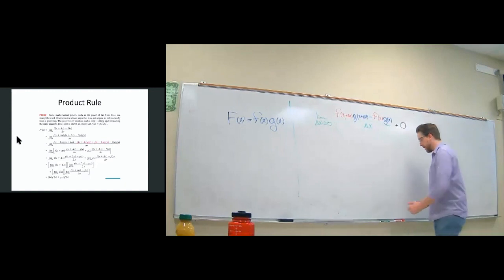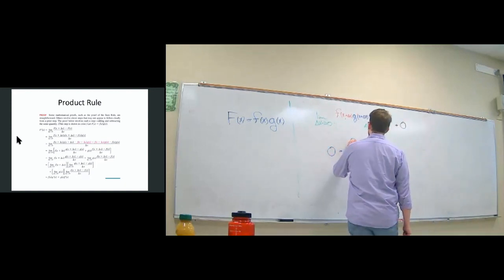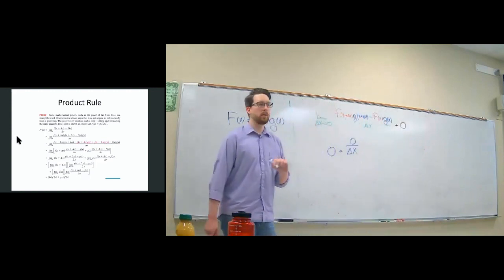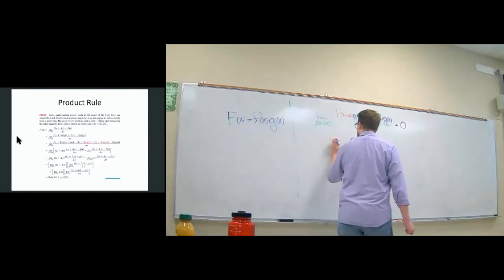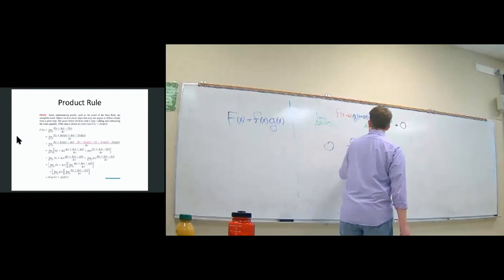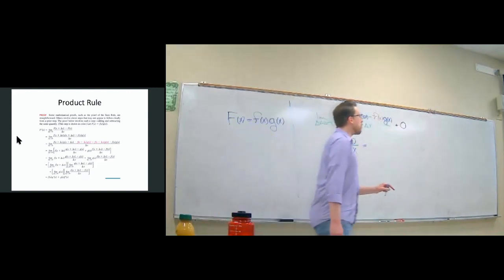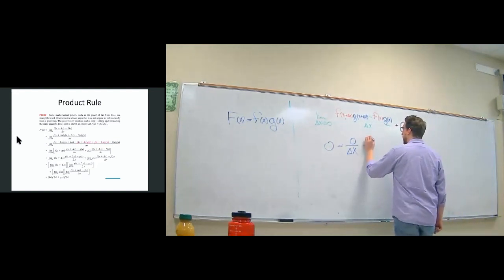I say first, 0 is equal to 0 divided by delta x, right? Do I agree? So now, if we go ahead and represent it by breaking up our f of x and our g of x this way,